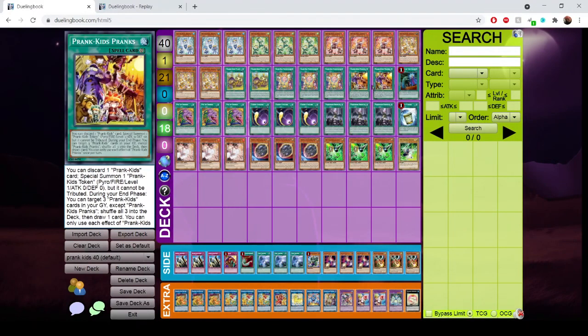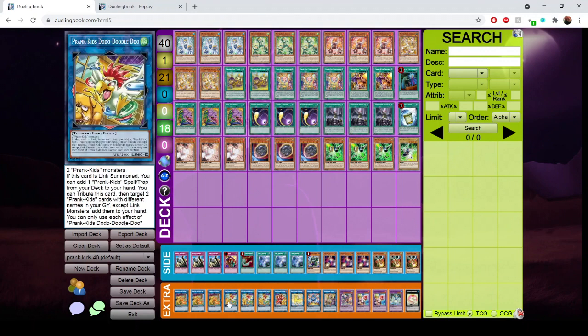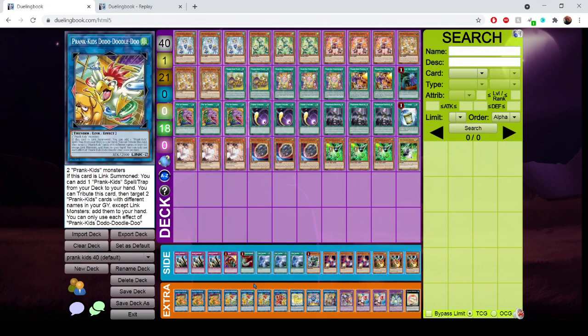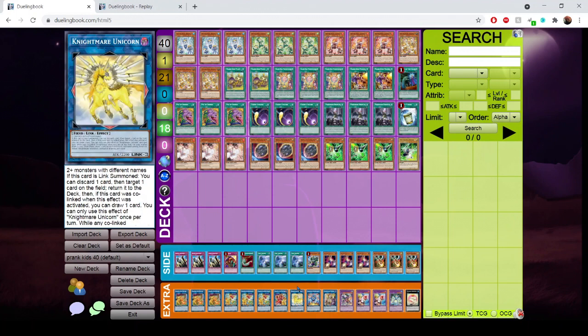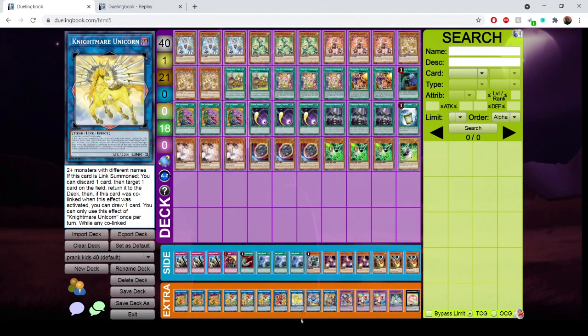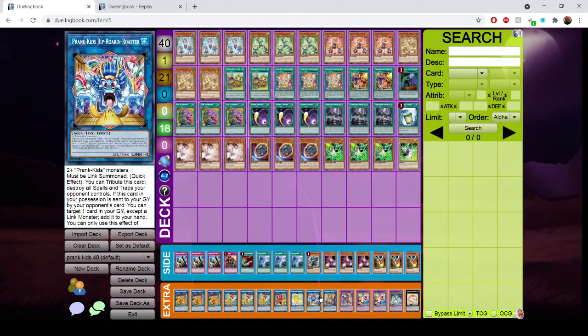Like if you want to go for the Pranks combo, you can go into 2 Doodle and then go into a Bow and just shuffle the extra Doodle back, just the same as you would before. Unicorn for climbing into Access and it outs a card. It's insane. Roaring Roaster. This was originally Phoenix, but I figured out that at any point you're making Phoenix, you can